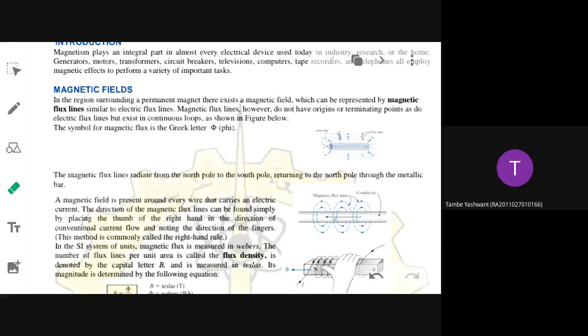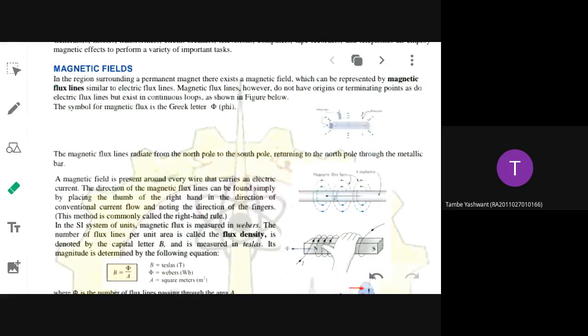So that is also an important question. They may ask you to state the analogy between magnetic field and electric field, and how they are different. On the basis of some parameters only you have to discuss. Next, we have learned that flux lines are equivalent to current flow in the electric field.